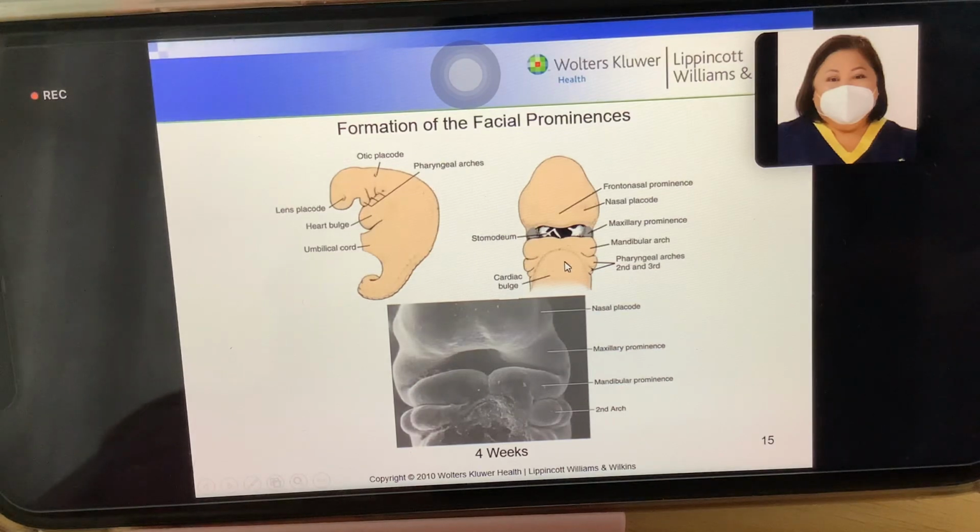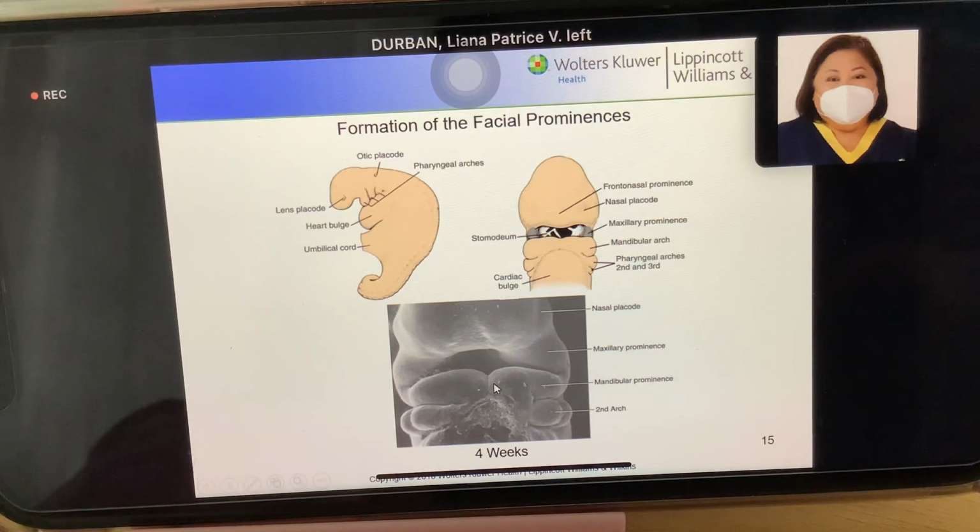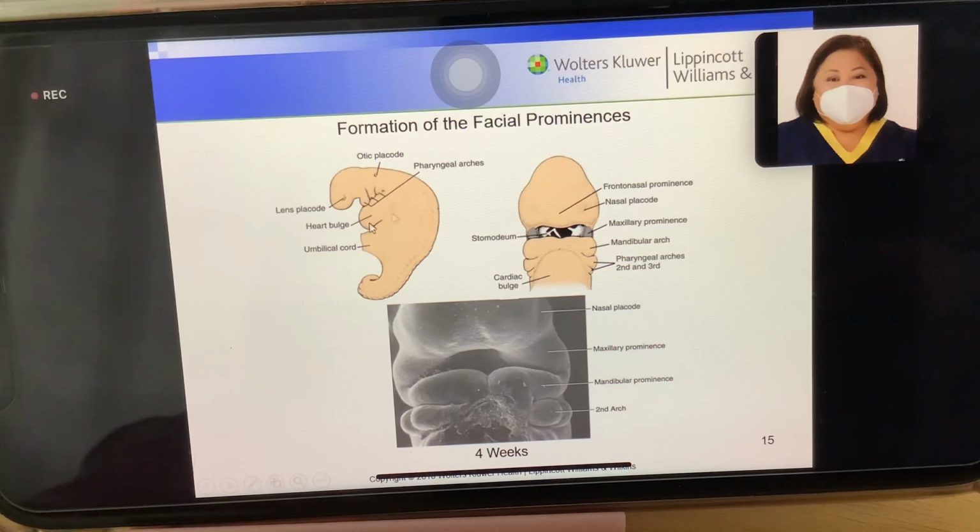We go to the formation of facial prominences. So here we have the scanning electron micrograph showing the formation of the facial prominences. At 4 weeks, the pharyngeal arches are visible laterally, and the facial prominences can be seen when the embryo is viewed from the frontal direction. At this stage, the frontonasal prominence and the 2 maxillary prominences are apparent, as is the mandibular